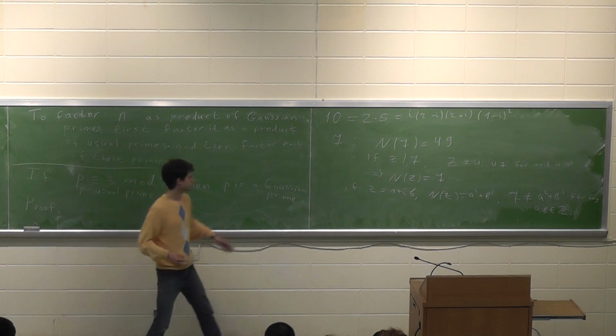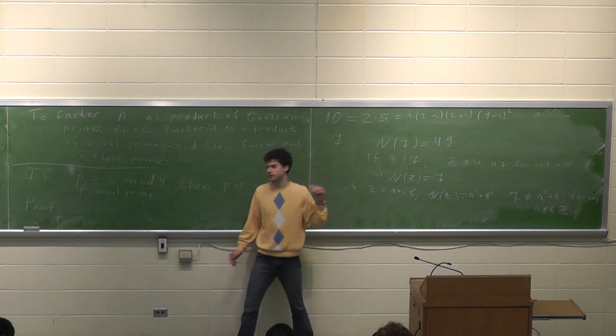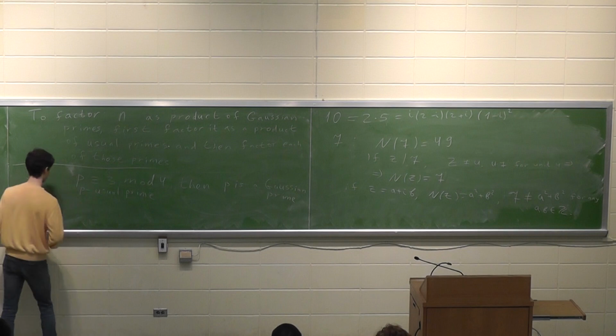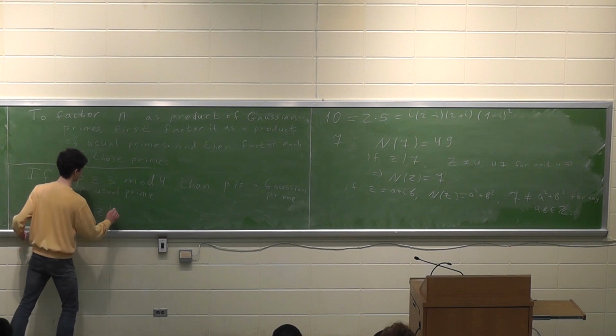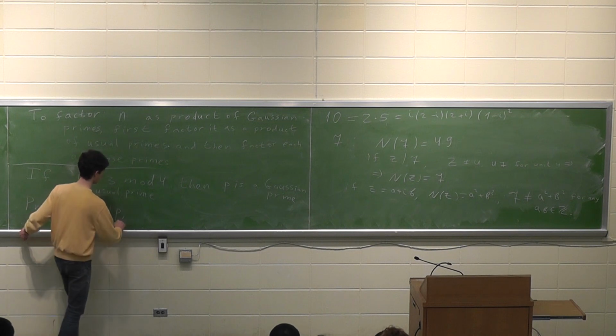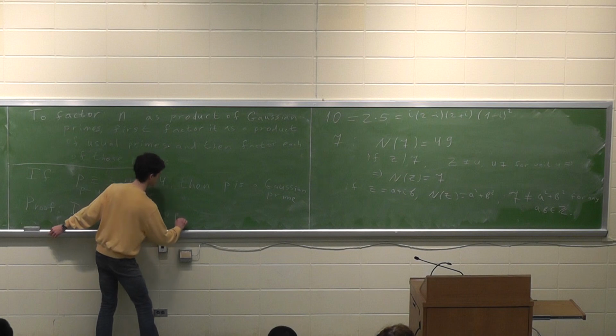Let's prove this. Basically it's the same proof as what we did for 7. So the proof is: if z is a divisor of p and z is not a unit and not a unit times p,